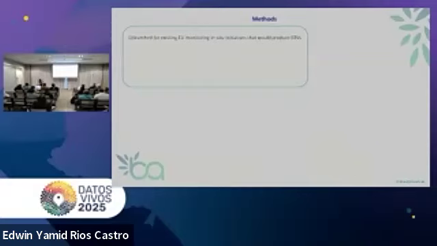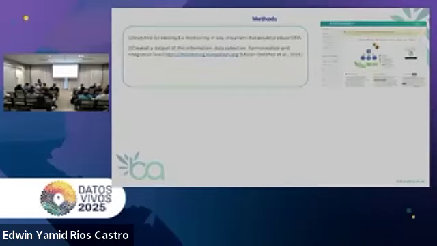What I wanted to say is how we evaluated these bottlenecks. This is work from Europa BON, and we continued it with BioAgora, the project that I'm currently working on. We searched for all the existing EU in situ monitoring initiatives that would produce the EBVs. Basically the focus here is: we have this list of EBVs, how can we get there? What's the information already existing? We're not going to start from zero, right? So we created this dataset of information, from the data collection, harmonization and integration level, in this database that is freely available. You can see all the monitoring initiatives that are integrated at the European level in this database.